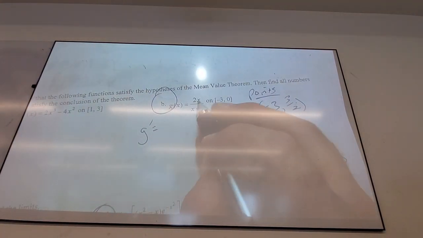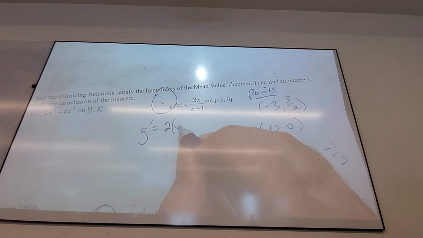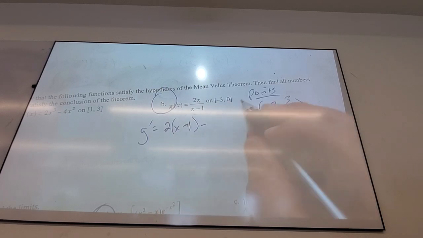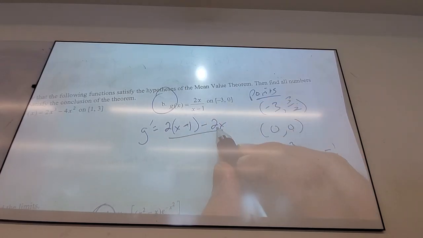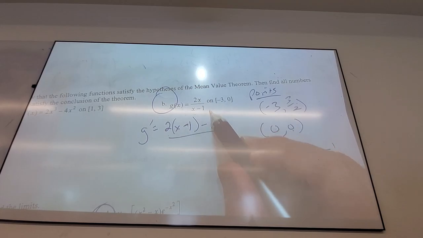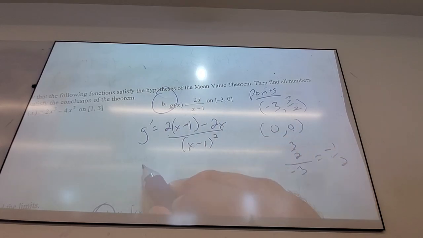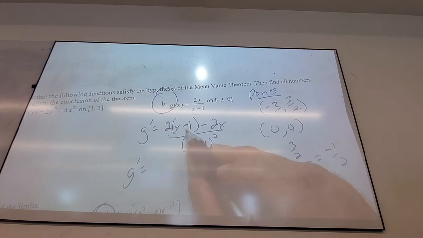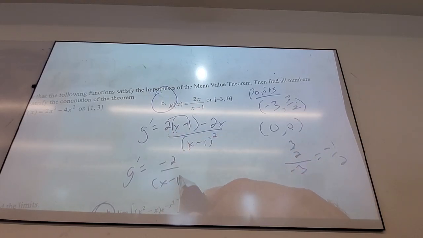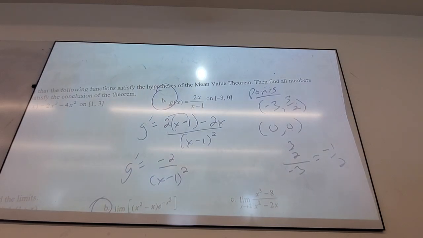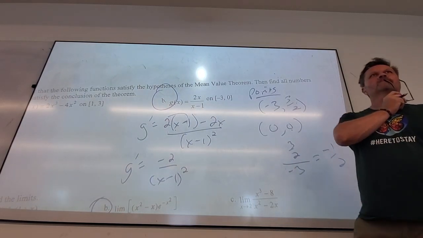All right, let me catch up to you guys. Top first. And the derivative of the bottom is squared by x minus 1 squared. Derivative of the bottom is, oh, 1. Good, so this is times 1, yes? Derivative of the top times the bottom minus derivative of the bottom times the top, all over bottom squared. 2x minus 2x is 0, and I get negative 2. What's the critical? It's gonna be positive 1.